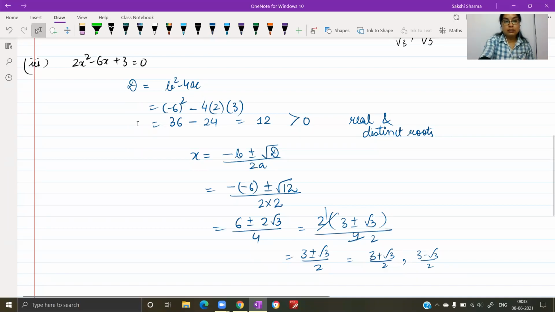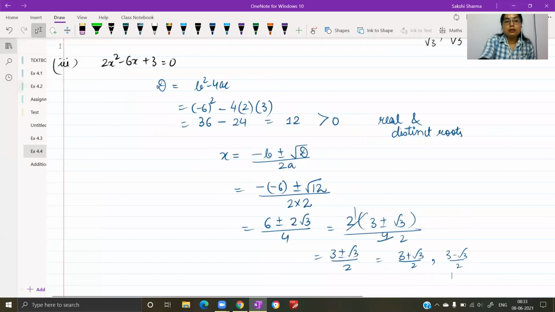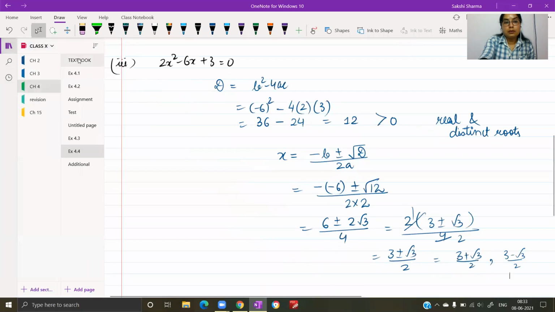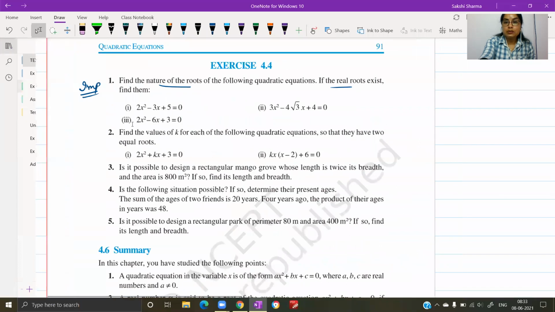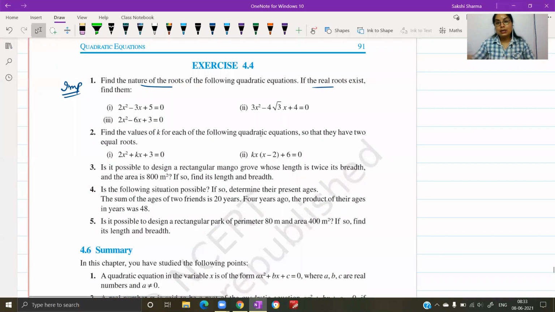Question number 2 of the exercise. Based on quadratic formula again, this is the one usually asked in multiple ways. So this is just one type where you are given the condition for the roots. It's already given in the question, the condition you want. You have to find out the value of the missing portion in the equation. As you can see in both the equations, there is a coefficient represented by k.